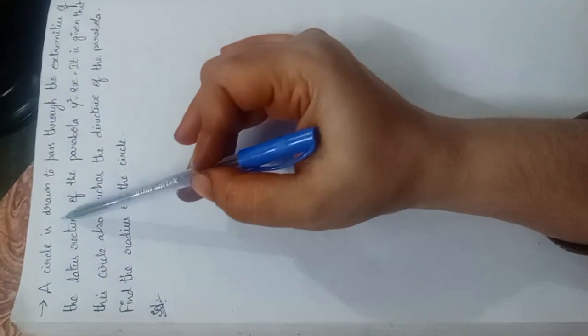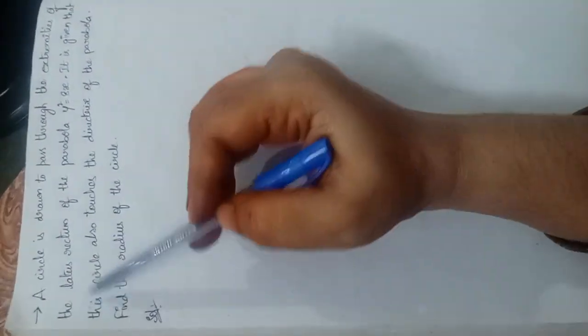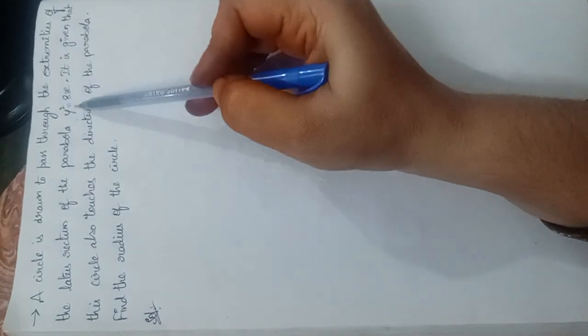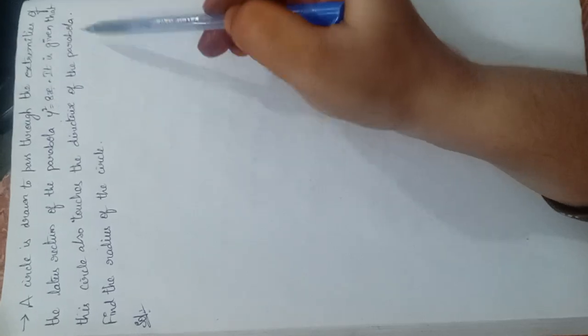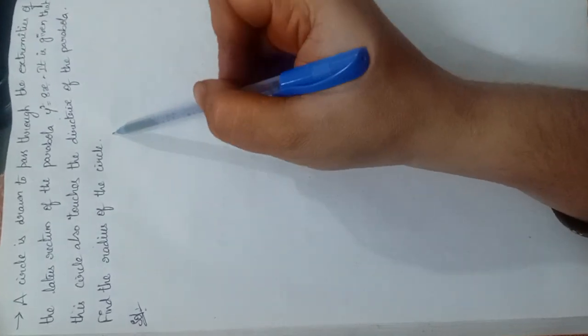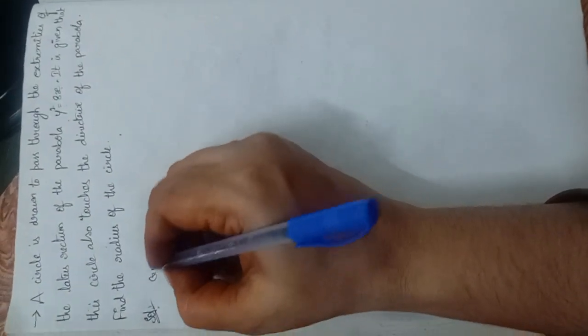The question is, a circle is drawn to pass through the extremities of the latus rectum of the parabola y square equals 8x. It is given that this circle also touches the directrix of the parabola. Find the radius of the circle. Okay, so let us write the given